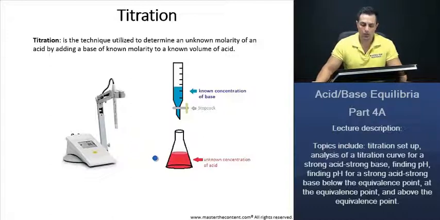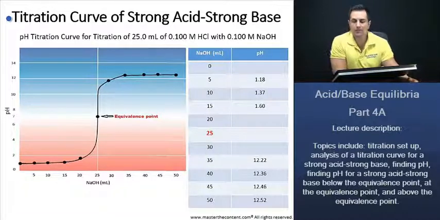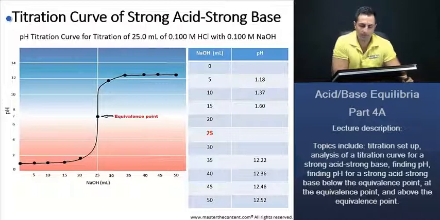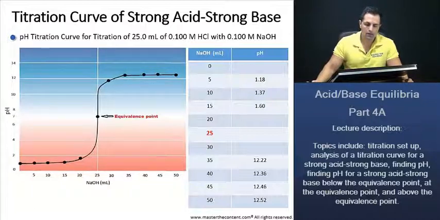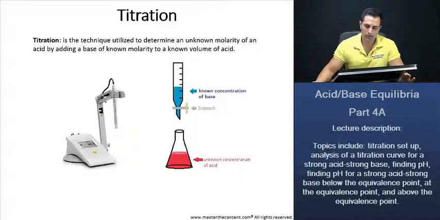Let's just get right into it and take a look at what a titration curve looks like. Here we're looking at a titration curve of a strong acid and a strong base. In particular, the pH titration curve for 25 milliliters of 0.1 molar hydrochloric acid with 0.1 molar sodium hydroxide. What that's telling us is that we're going to have 25 milliliters in our Erlenmeyer flask, and then we're going to have a 0.1 molar sodium hydroxide